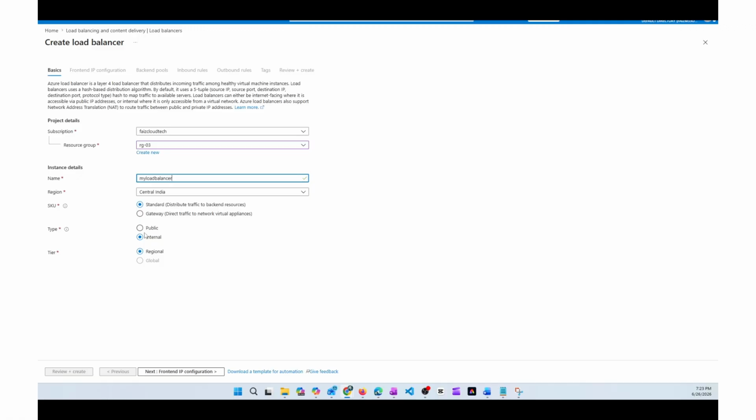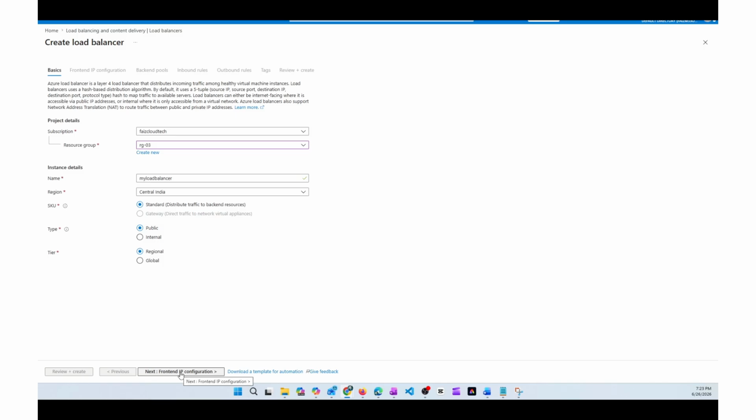I'll keep it public. You have an option like public and internal, which is what I was talking about a few minutes back. You can use an internal load balancer to balance traffic from private IP addresses, while public load balancers can balance traffic originating from public IP addresses. I'm going to keep it public for now, keep it regional with the default, and move on